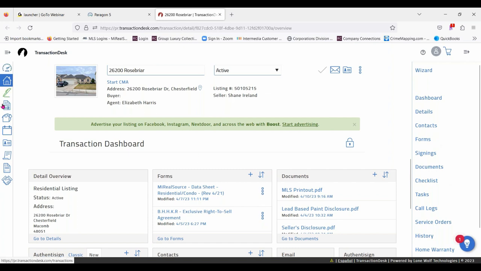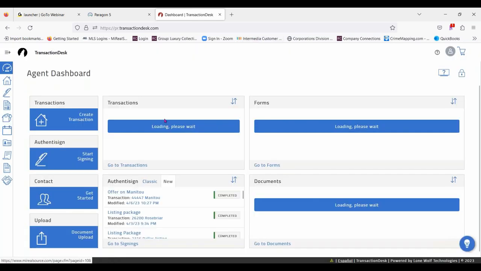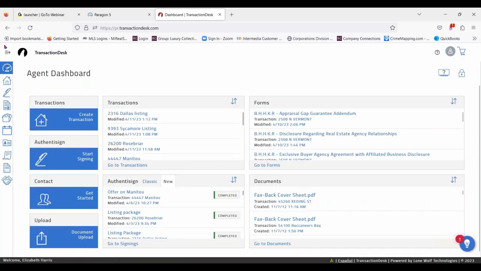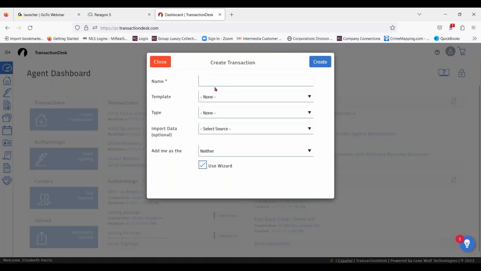So I'm going to start a new transaction in here. Stay where you're at. I just want you to have the same view as me, but because I already have this listing, it wants to take me back to my current one. So I'm going to start a new one just so we have the same view. So just bear with me here for a second. Okay, so you should have this pop up, and it will have the property address,